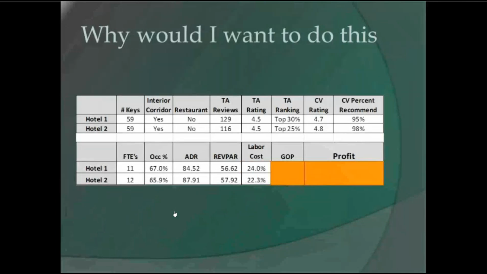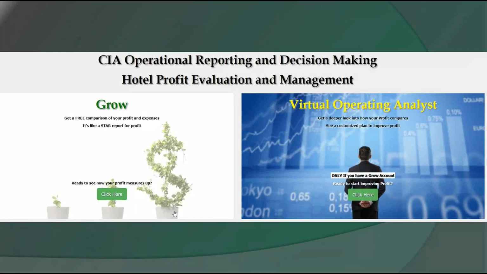One's running a 24% labor cost, one's running a 22.3. One's running a 32% GOP, one's running a 54. One owner is making $401,000 in profit, the other one's making $678,000. So if you're an owner, ask yourself, if there's another hotel out there that compares to me that closely in revenue, size, and operation, but they're making $200,000 more than I am in profit, do you want to know what you're doing different? The choice is very